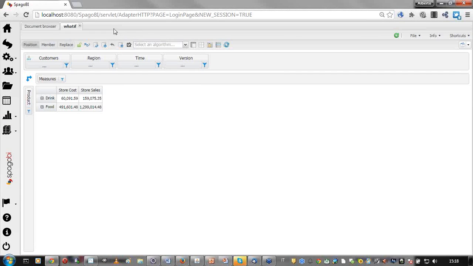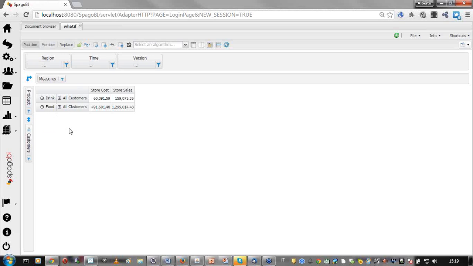This is the interface. As you can see here, we have the cube. Here we have the dimension of the columns, the one of the rows, the filters, the toolbar. Okay. So suppose I want to see in the rows the customers. I'll change my view, and to do that, I just have to drag and drop the customer to the rows. And as you can see here, now I have one dimension that is the product, and the other one